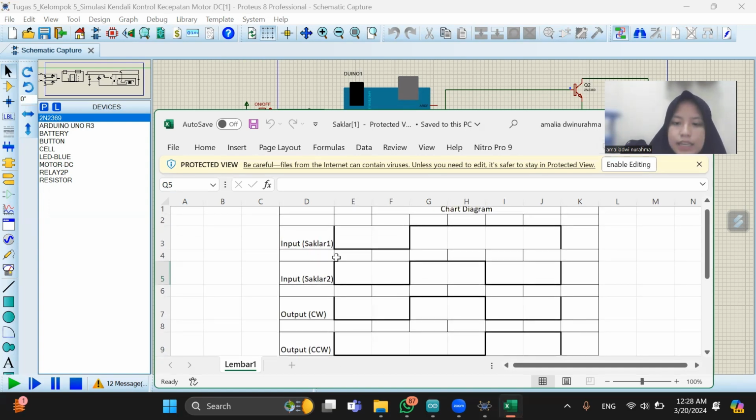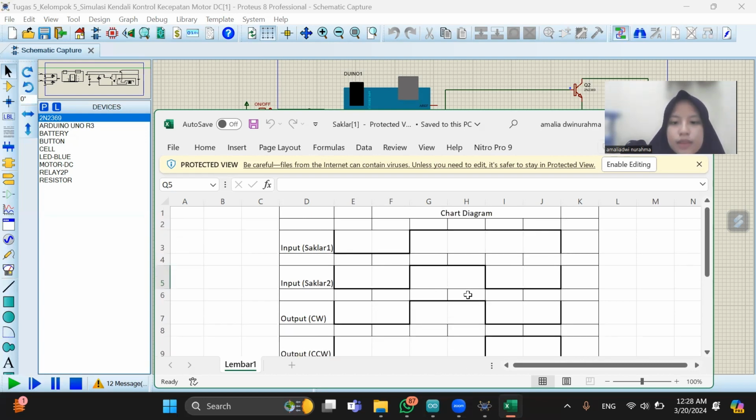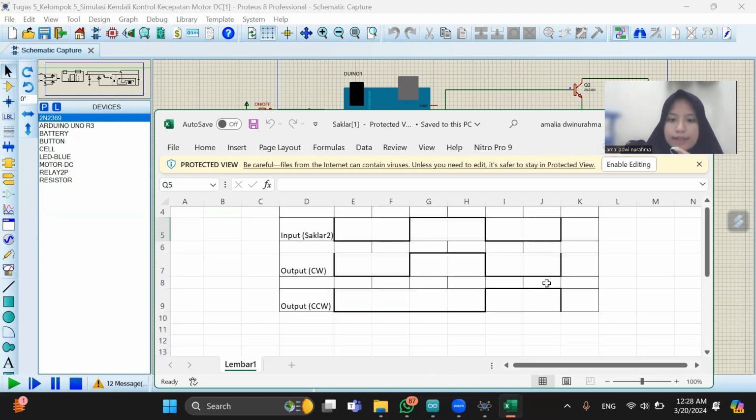And if Saklar 1 and Saklar 2 are high, the output CW will be high and output CCW will be low. And if Saklar 1 is high and Saklar 2 is low, then CW will be low and CCW will be high.